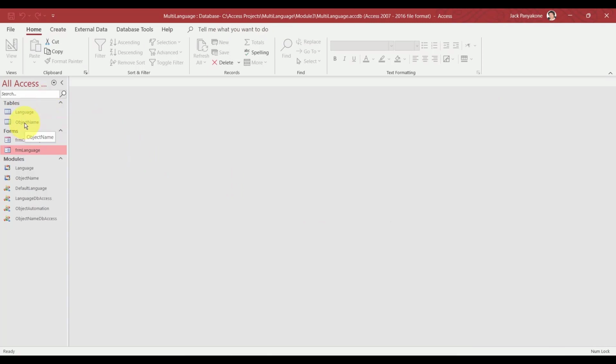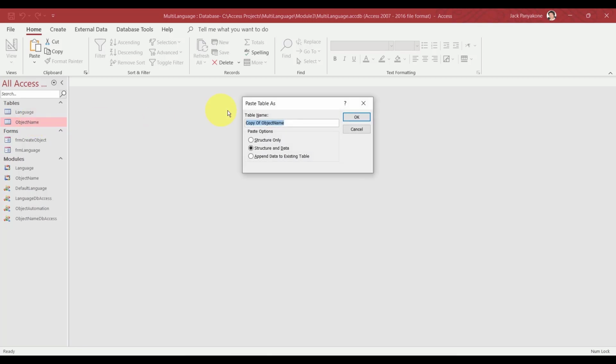But essentially the next table, which are the controls, it's going to be controls that belong to this parent, the object name. All right, so object name that we did yesterday is for the form, the main form, and the main report. The controls now will have to belong to this guy. So let's make a copy of this guy. It's going to be very similar. We're going to get a structure only, and then we're going to say object name